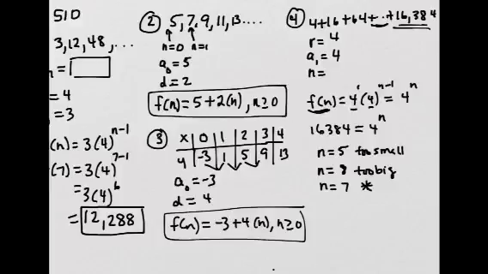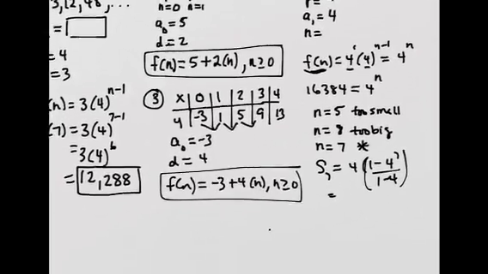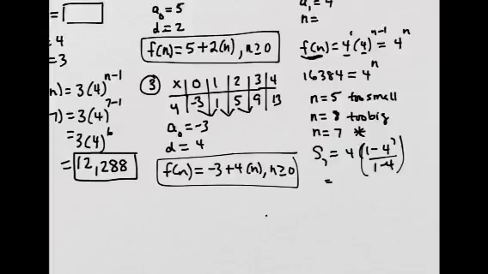So I'm going to go to the sum formula. S sub 7 is the first number times 1 minus the ratio to the 7th power over 1 minus the ratio. And so that's going to give you 4